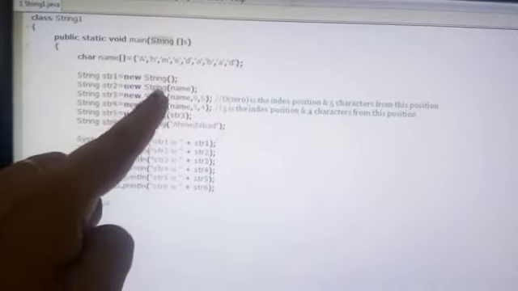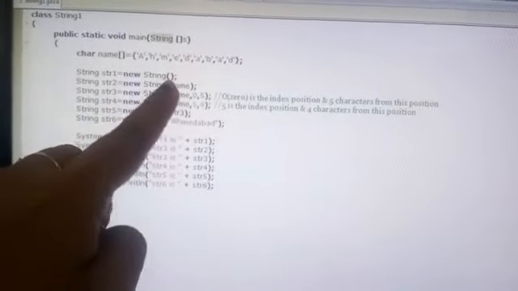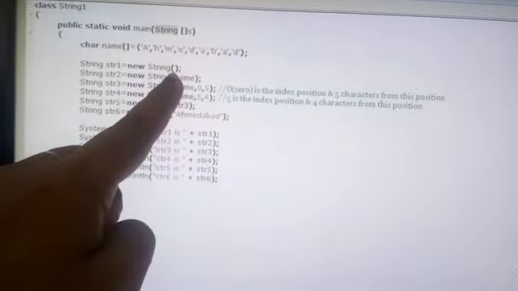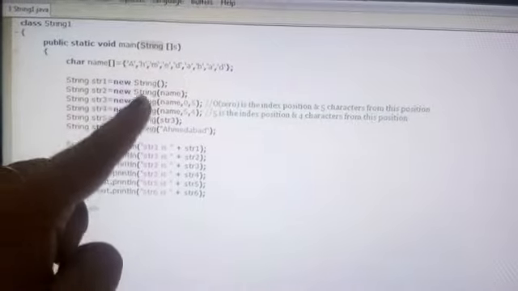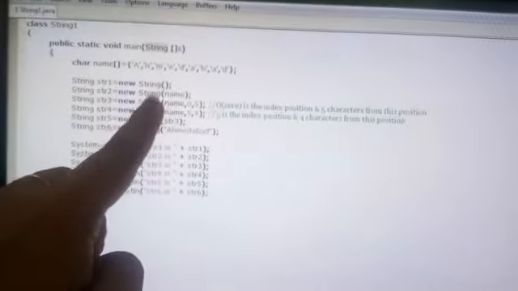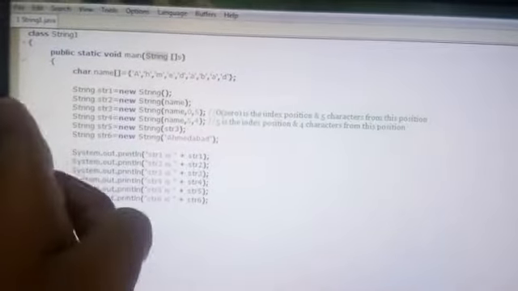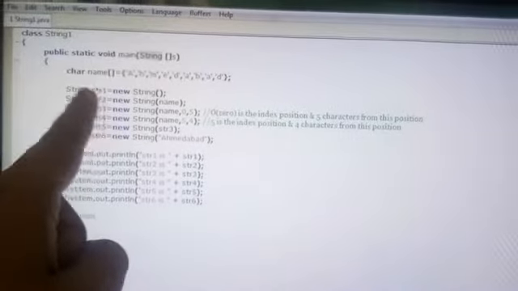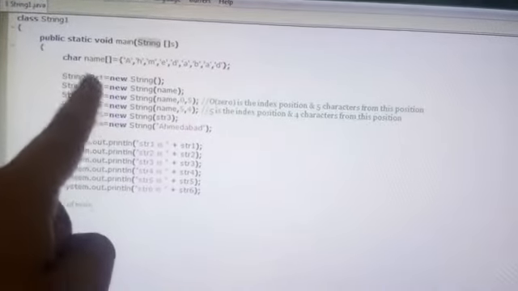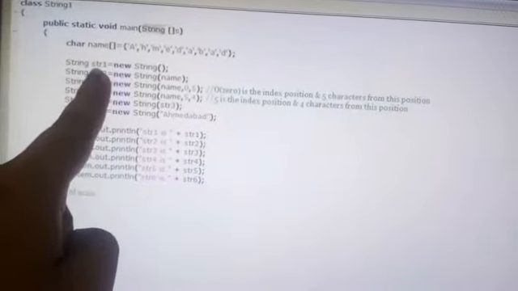When you create an object, you need to call a constructor. This constructor has no parameters, nothing is passed inside String. Keep in mind that the name of the constructor and the class are always the same. So this is the line where your new object named str1 is created.